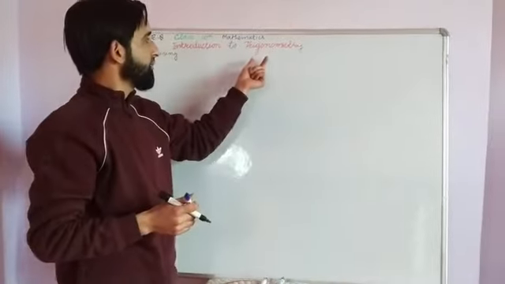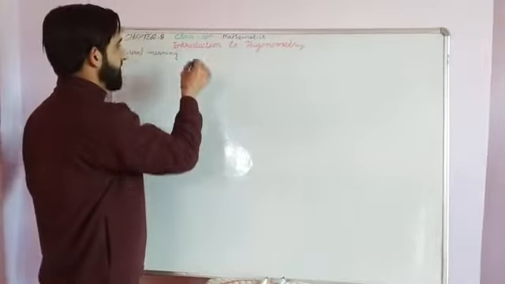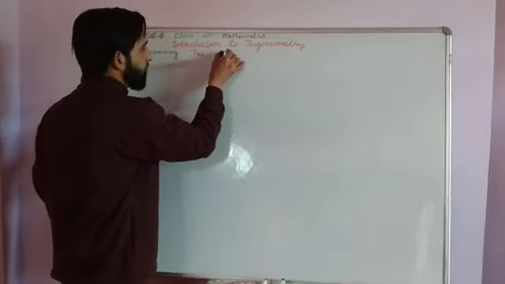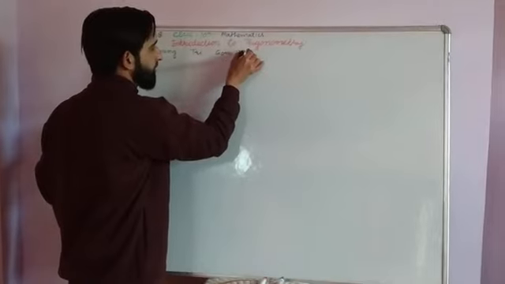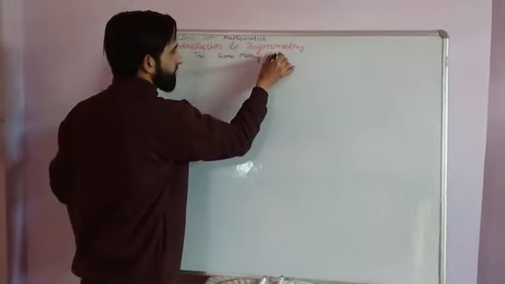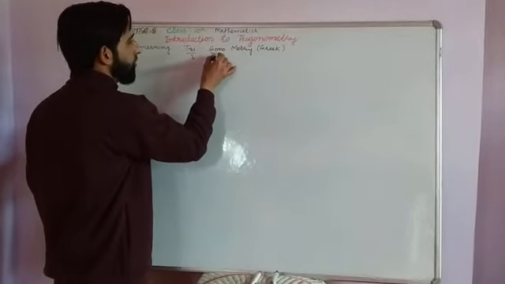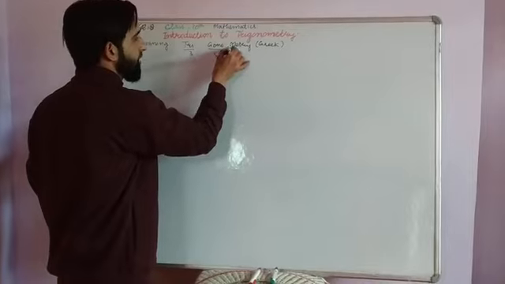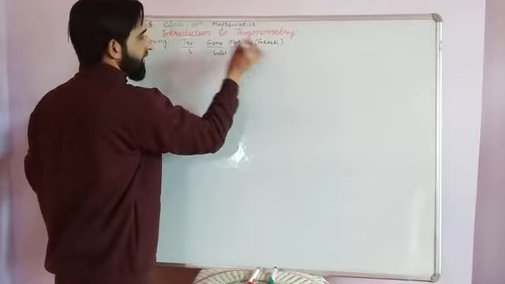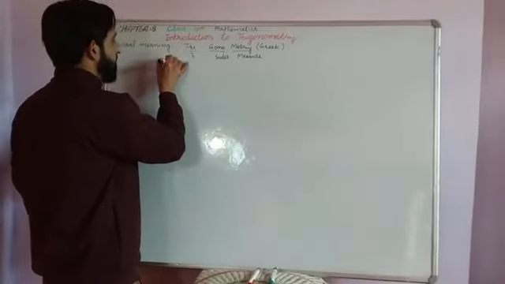Basically, the word trigonometry is composed of three Greek words. Tri means three, gono means sides, and metry means measure. That is, trigonometry is the measurement of three sides